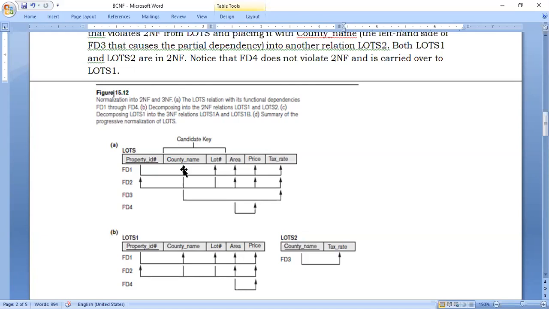So anyway, let us understand how to separate this tax rate. But as I told you yesterday, this tax rate cannot be cut simply, because normalization is not a process of just cutting. It is a process of logical decomposition. When we decompose, we should see to it that the information in that relationship shouldn't be lost. So tax rate is dependent on the country name. When we want to separate tax rate, we have to also take the country name along with that. So we'll be storing it in a separate table, tax rate and country name.